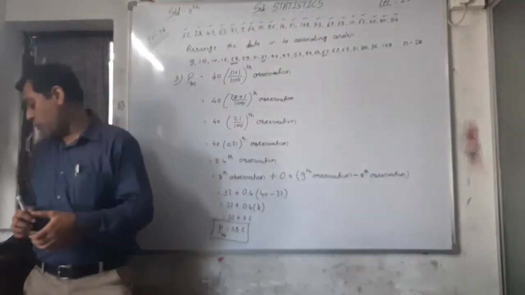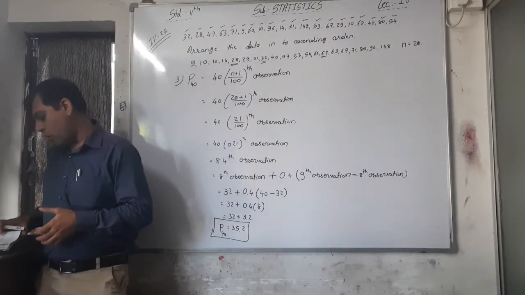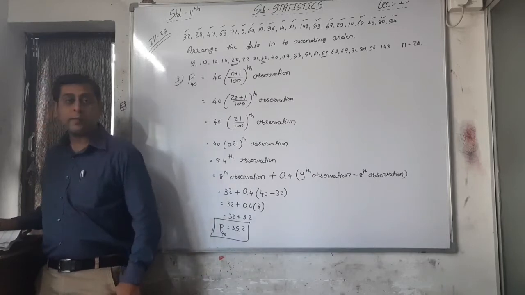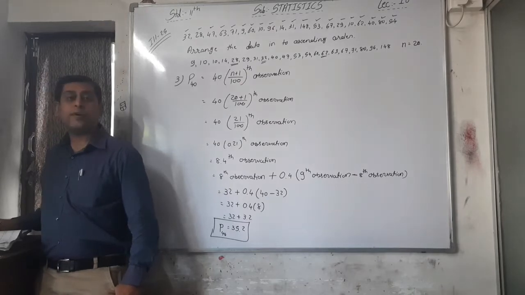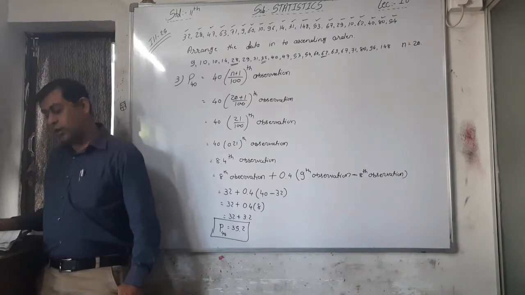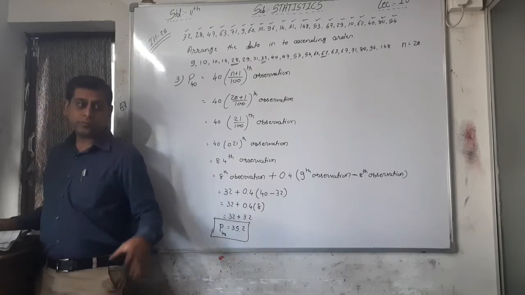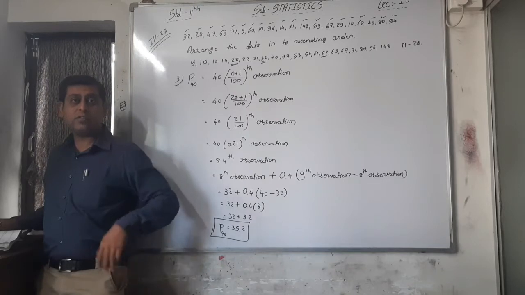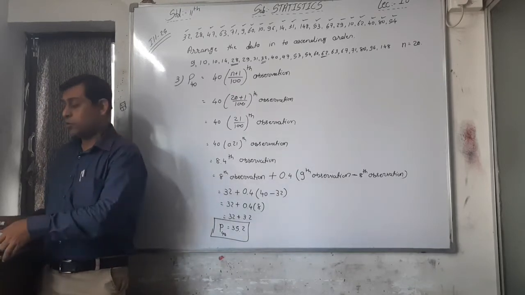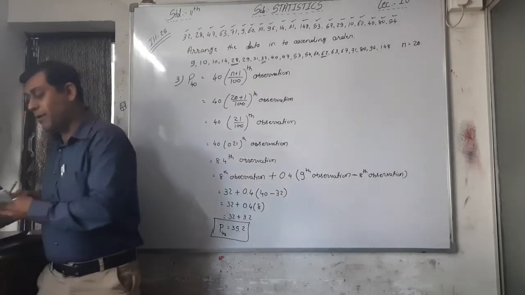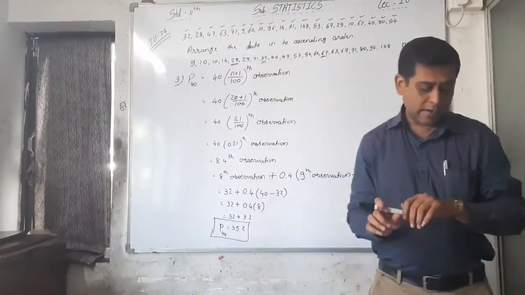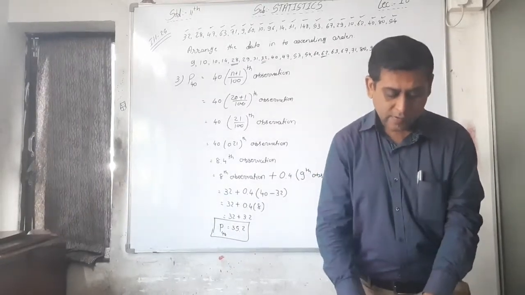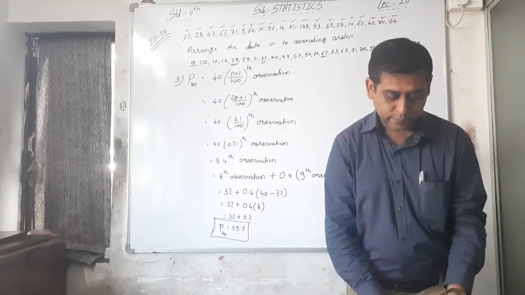Okay, and you have to write one line under that. Thus the values of Q1, D7 and P40 are 28.25 runs, then 62.7 runs, and then 35.2 runs respectively. Okay, so this is your answer and this is your 5 marks sum. So please be serious about that. Here your 5 marks sum is over. First of all, write down this and then I will explain you the next one.